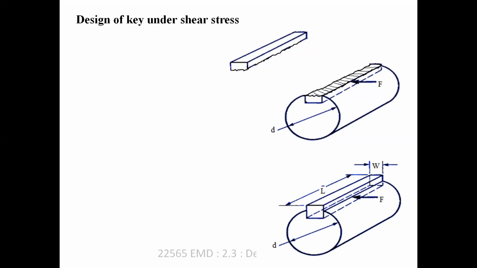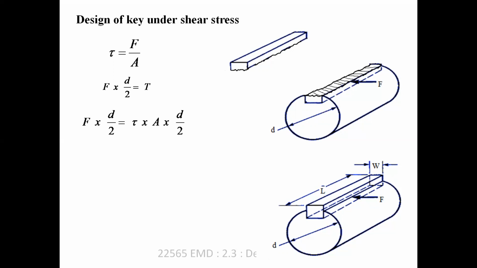If we consider the shear stress, let us convert it into mathematical formulation. We know that direct shear stress tau equals force divided by area, because it is a direct shear stress. Here the torque is force multiplied by d by 2. If I place that in our equation, I put force in terms of tau into A. So F into d by 2 becomes tau into A into d by 2. I have replaced force by tau into A.